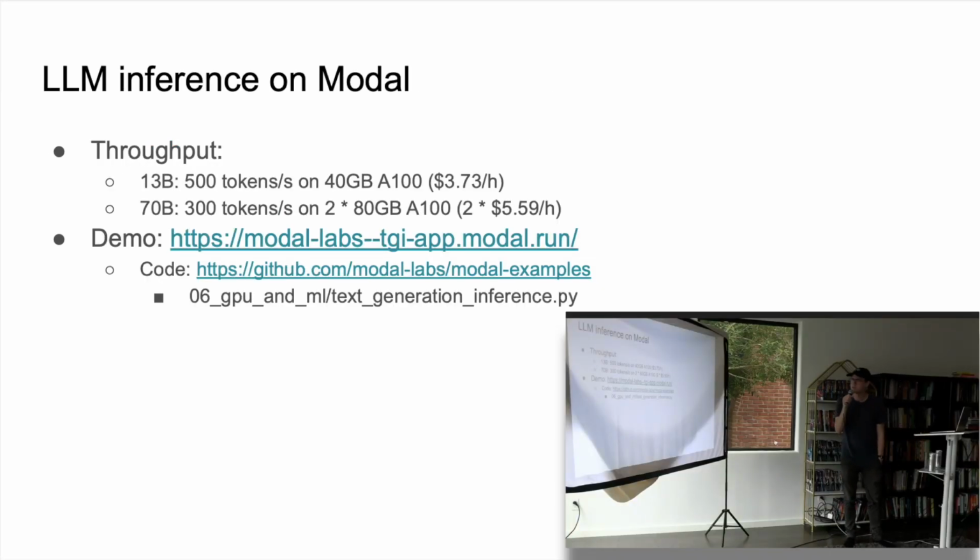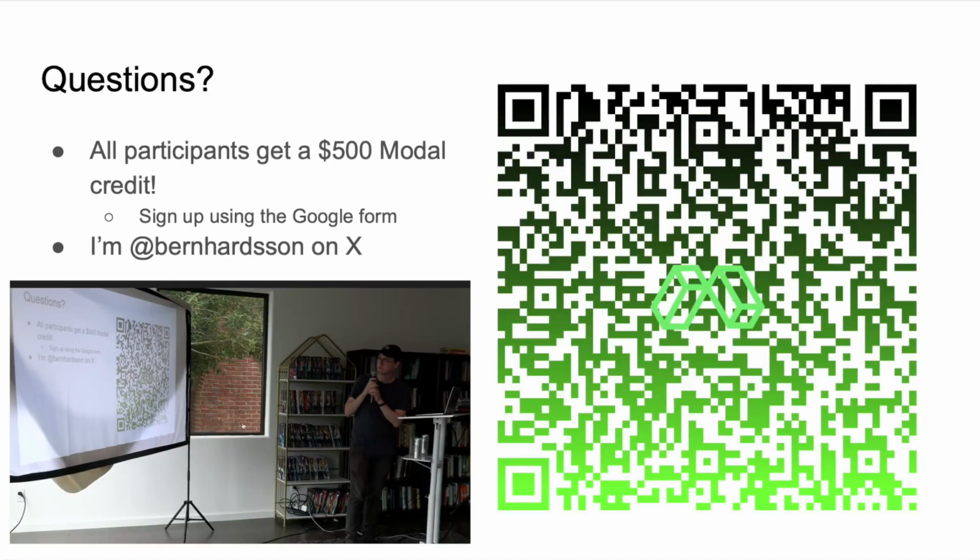LLM inference is another thing we're spending a lot of time on. In particular, we're using TGI to get pretty good throughput on some of these larger models, getting a few hundred tokens a second. We have some code online to do that, and it's starting to get almost cost competitive with some of the large-scale APIs out there. But this is all running your code, and you can run whatever fine-tuned models or crazy code you want to.